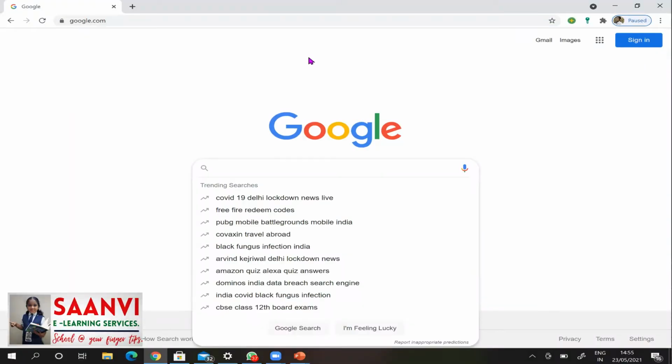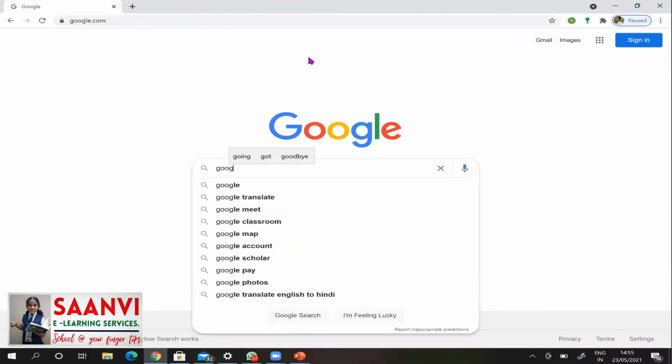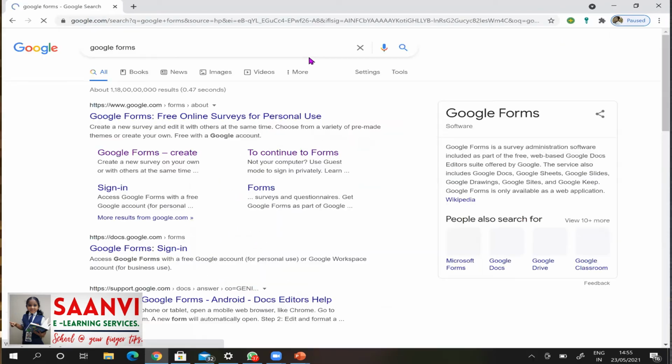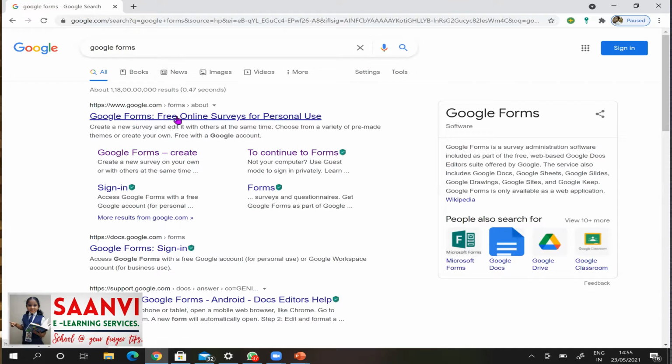Now type Google Forms in the search bar. Here we can find Google Forms, free online surveys for personal use. Click on that.